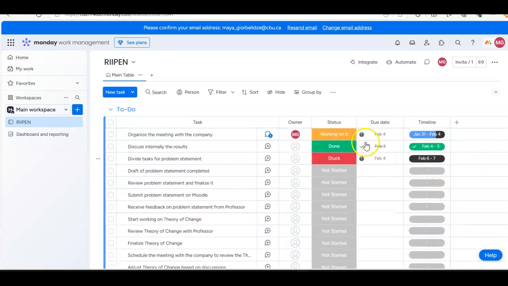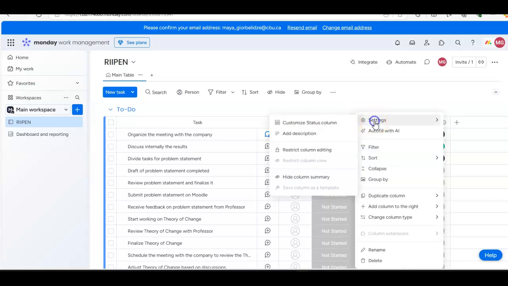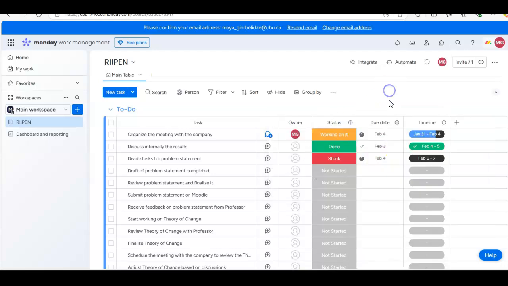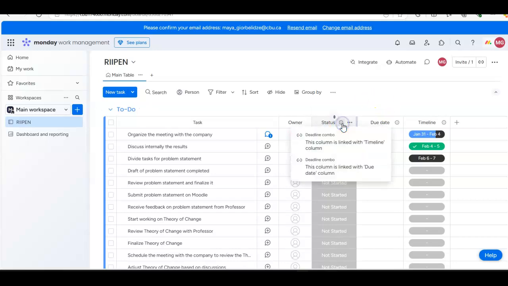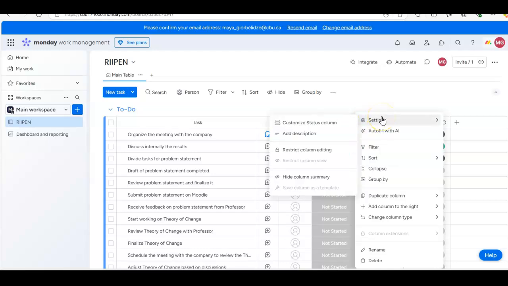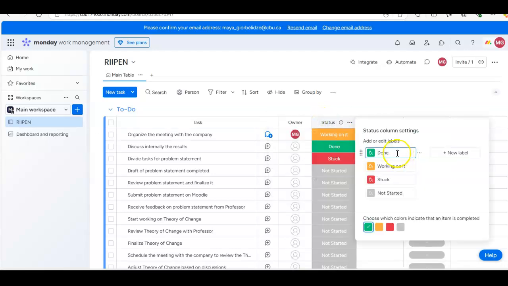So what happens here is that we have status. In order to see the status, so column information, here are the settings, customize status column. So you see what I did? Click this like sign, which is the exclamation mark, and it shows some information about the status. But if you click those 3 dots and you click settings and then customize status column, you can do done,